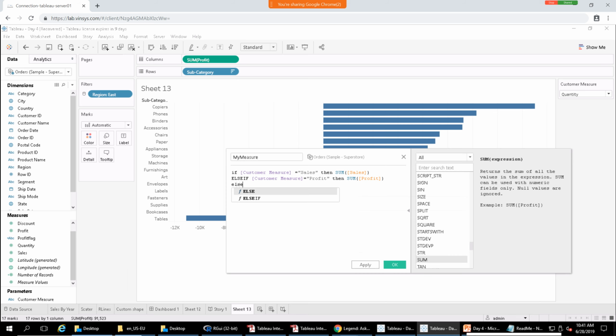Else, for the last condition I will not write anything, I'll simply say else give sum of quantity